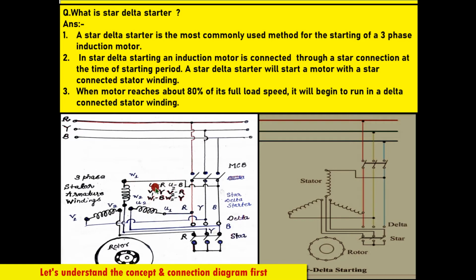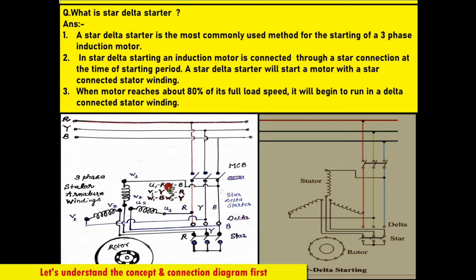So guys, U1 जो है वो सबसे पहले R से कनेक्ट होगा. As you can see over here, U1 will be connected first to R, and then U2 will be connected to B. This is the U2 terminal, and U2 will be connected with the B phase. So guys, यहाँ पर ये ध्यान रखना है कि कभी भी U1 और U2 सेम फेस के साथ कनेक्ट नहीं होगा. अगर U1 R के साथ कनेक्टेड है तो U2 जो है वो किसी दूसरे फेस के साथ कनेक्ट होगा.